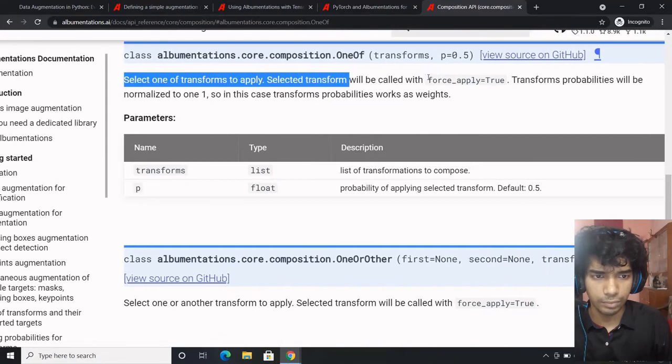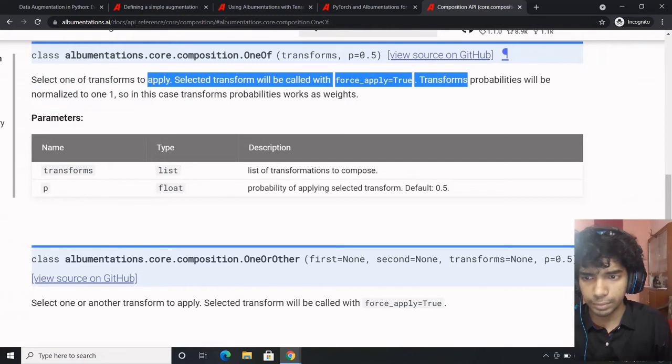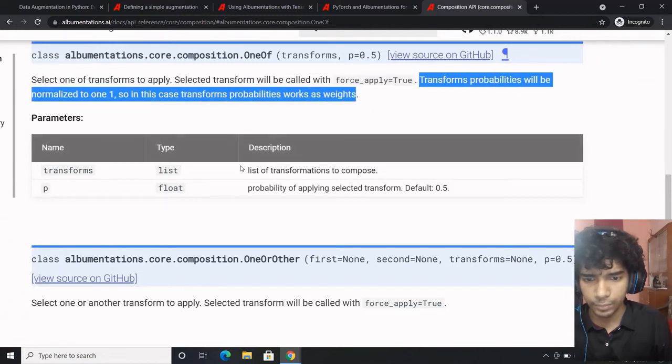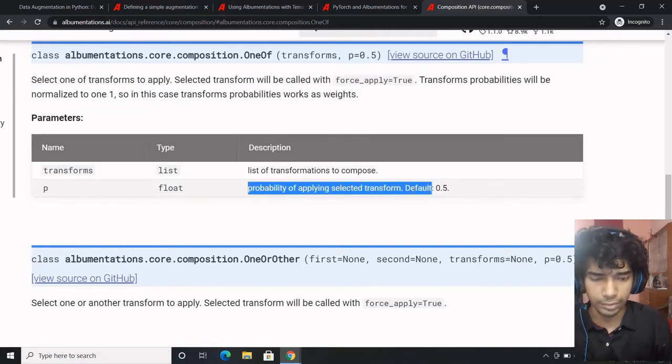The selected transform will be called with force_apply equal to true. Transform probabilities will be normalized to 1.